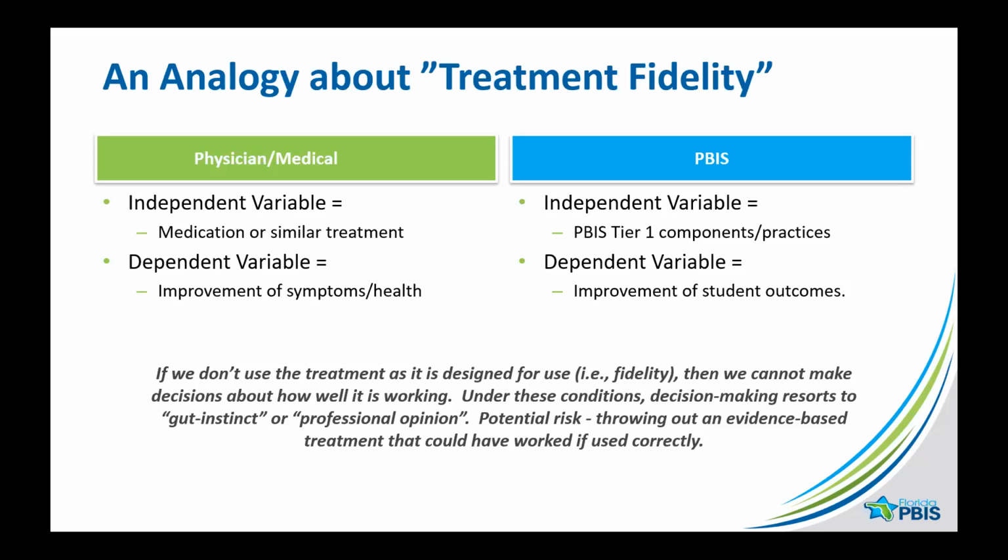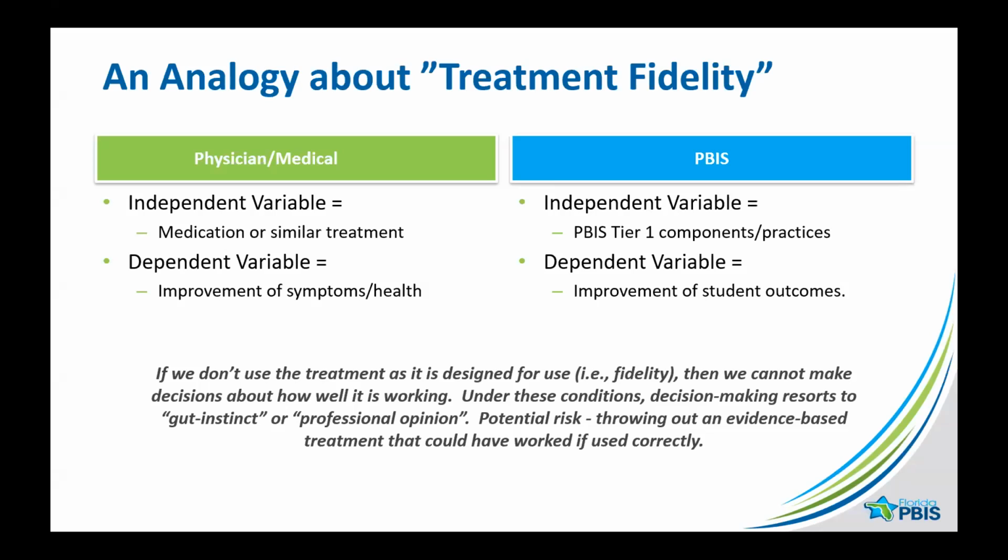So one way that we could look at this is that the independent variable may be the medication or some type of treatment, okay, that is being provided to you because it's been shown that if you take this medication based upon whatever issue, it is going to be able to treat it. It's going to be able to take care of it. And the dependent variable is essentially what you're examining: how well are your symptoms improving?